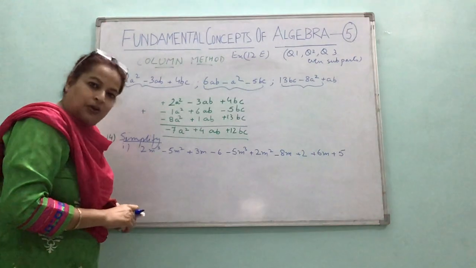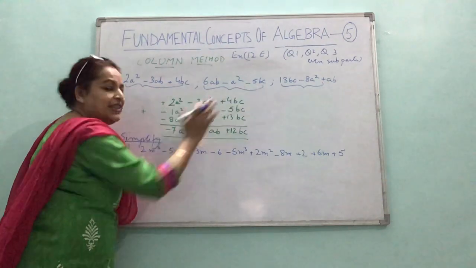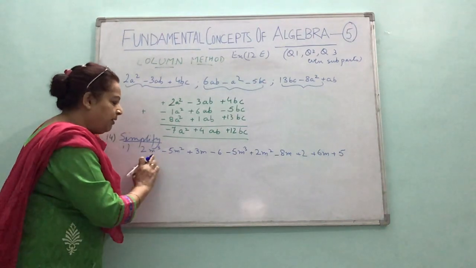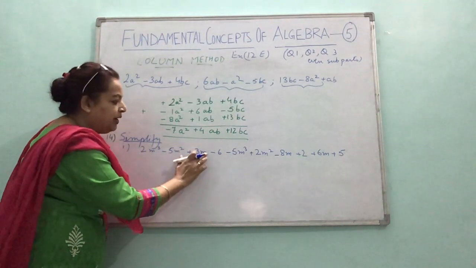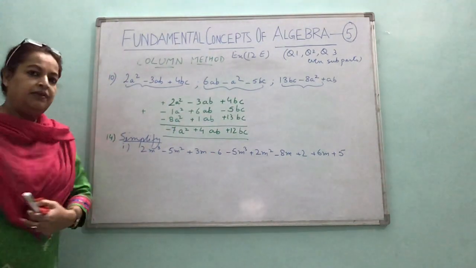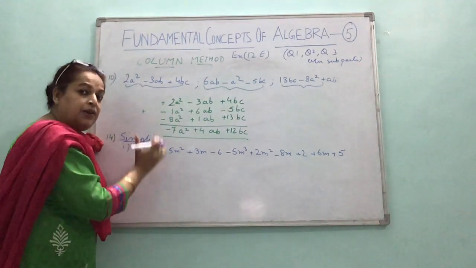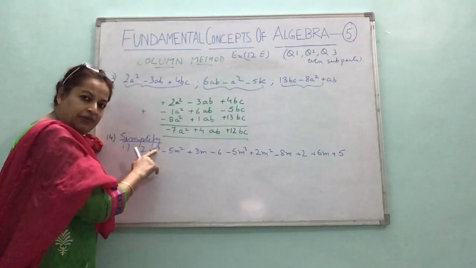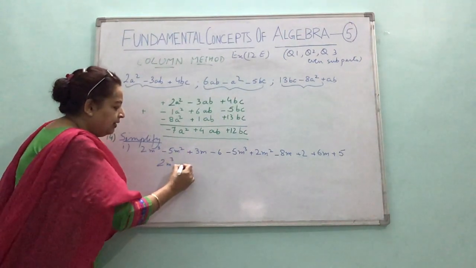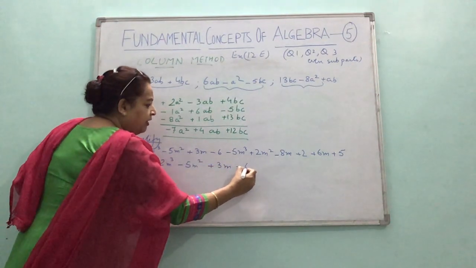So now in the column method, as we did here, arrange the terms. You see that they have not given us separate expressions, right? So it is slightly different. Now all I have is the alphabet m, but the parts are different: m cube, m square, m raised to power 1, and constant only, no variable. When we arrange, we always arrange the highest degree term first. So 2m cube. In this question they have already given it in that order. So I am copying all the various types of terms.